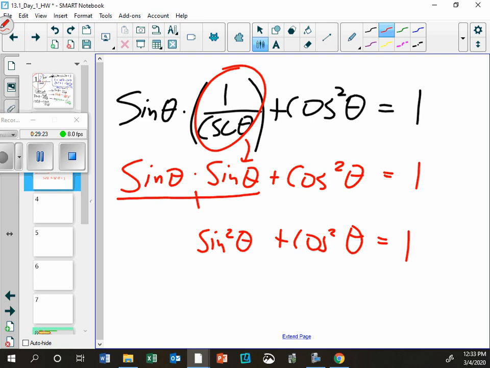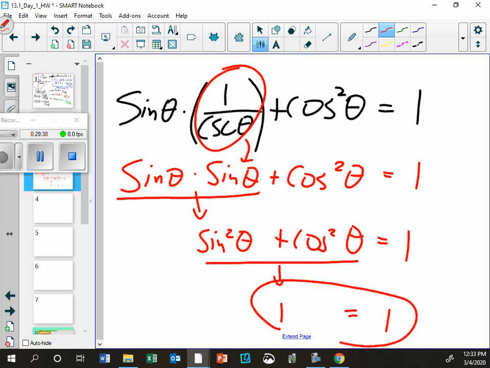It's just if you ever try to do something that's not a fact, then I'm not going to be able to accept it. Okay, and then the last part is, can I just replace these with 1? Yeah, because it's on the sheet. It says that those are 1. So I'm going to replace that with a 1 equals 1. Does it have a statement at the end that's identical on both sides? Yes. Did I only mess with one of the 2 sides? And did each step have proof off the sheet that you can do that? There we go. All right. That's the beginning. They will get much more complicated.